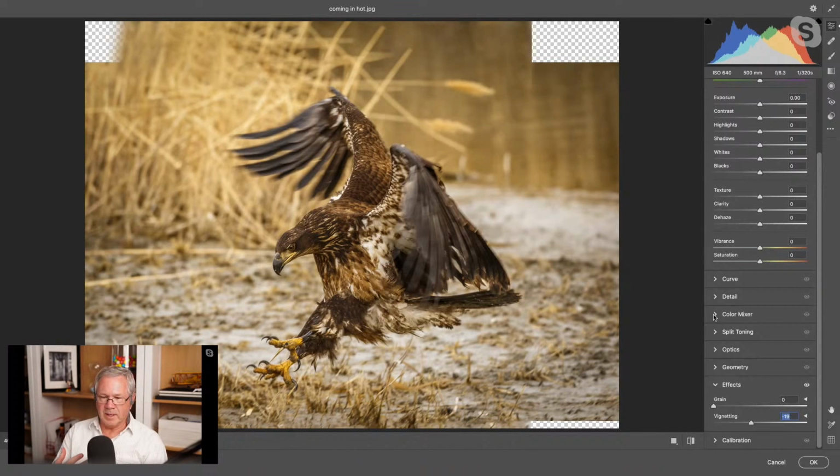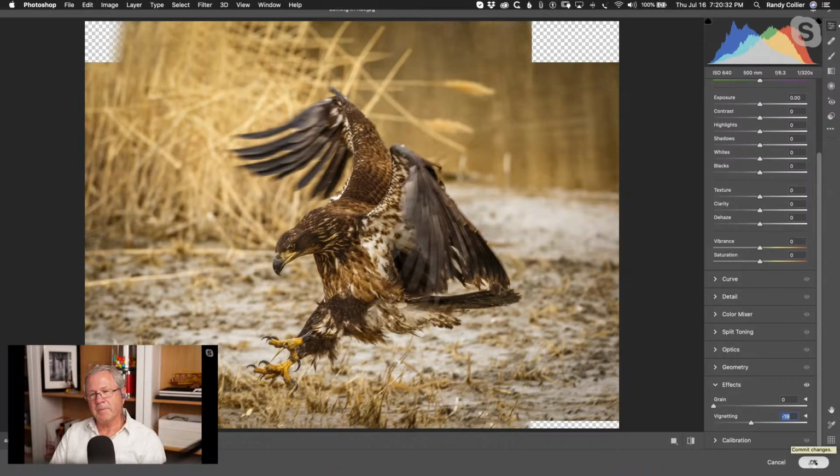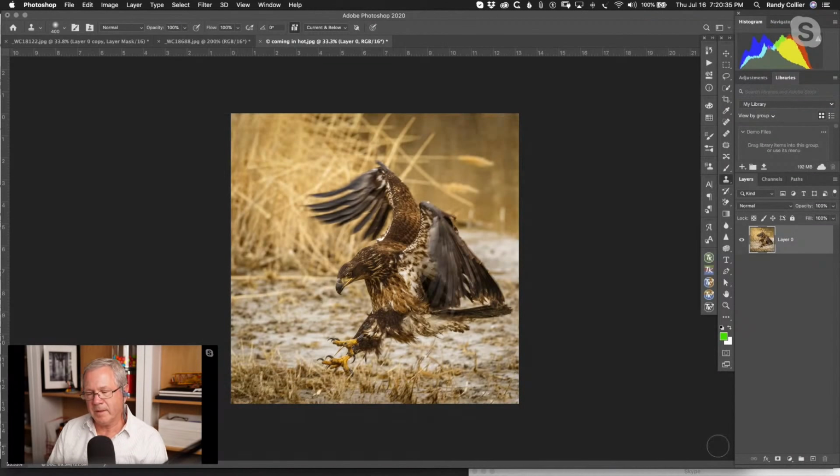Notice what it did. It came back into Lightroom uncropped, because when you go to the camera raw filter, it's showing you everything. But then if you say okay,